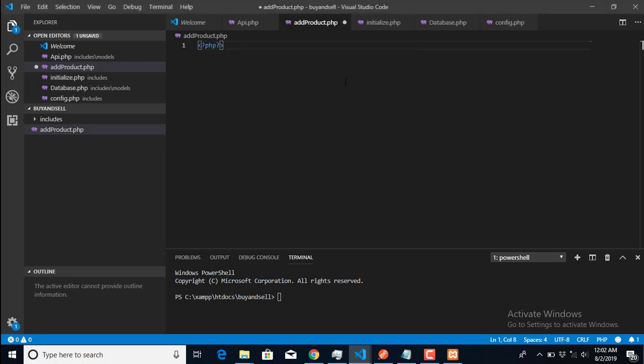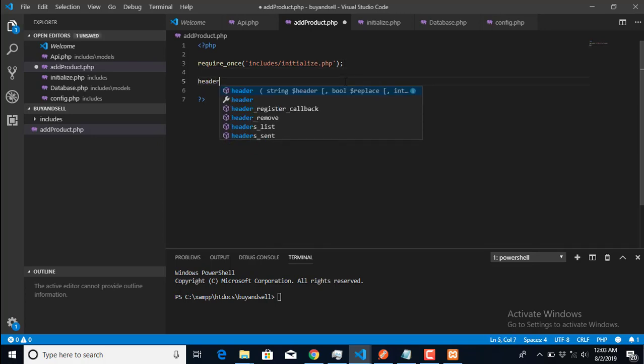So add product.php, we need the initialize file to work. Since all the classes are placed in the initialize file,